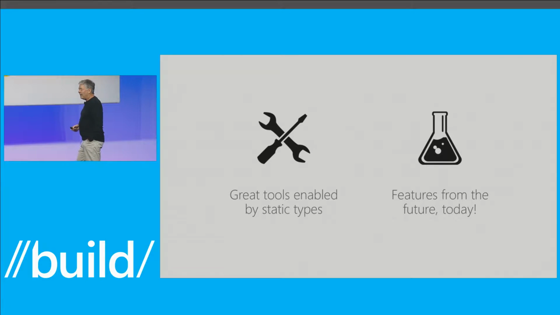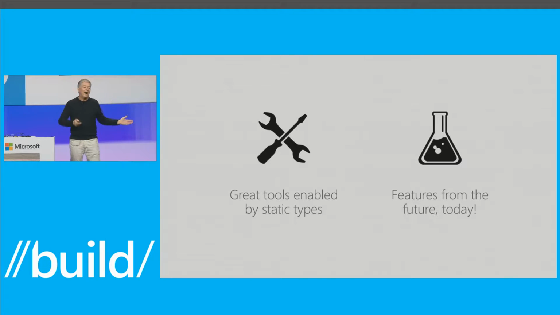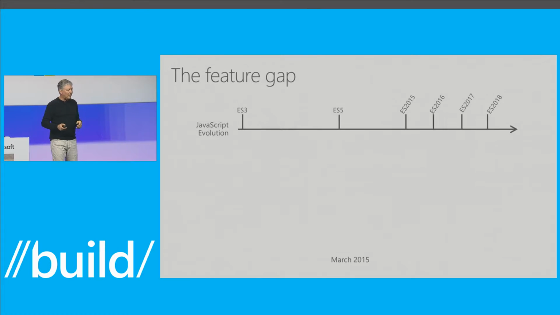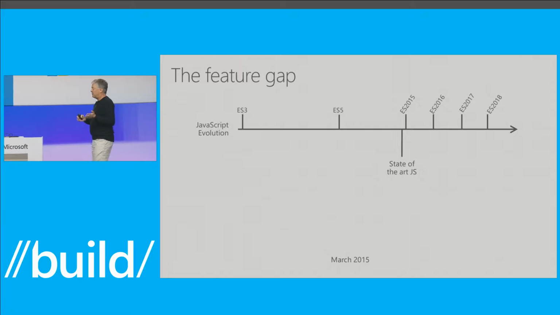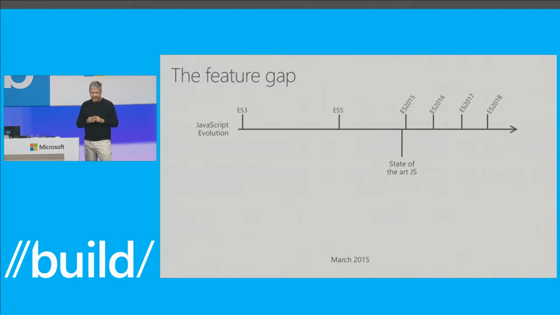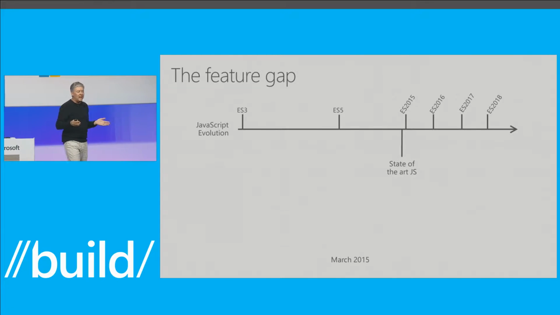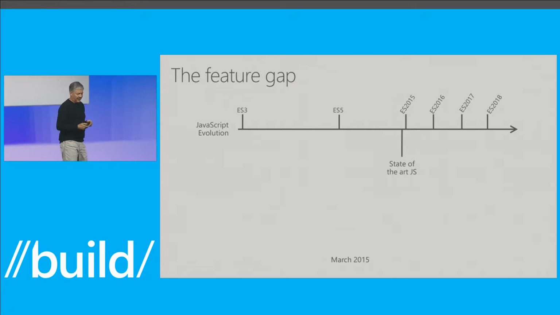But of course, a lot of these features aren't actually available in the wild. In fact, if you look at this thing that we call the feature gap, and let's start back, say, a year ago. A year ago, the state of the art of JavaScript was that ECMAScript 2015 was almost complete. And basically, there were specs for all of these new features, classes, modules, et cetera, et cetera. However,